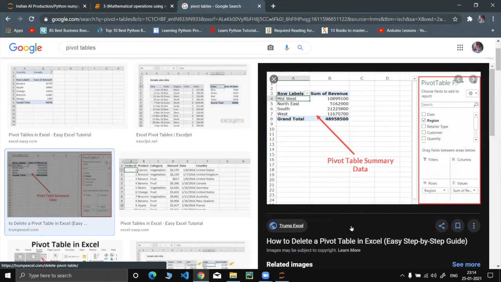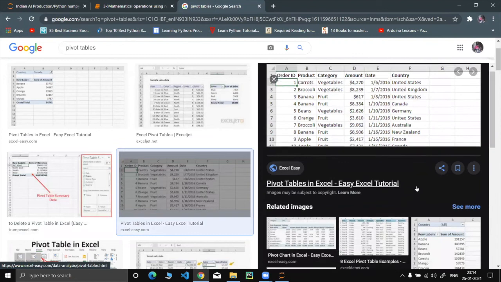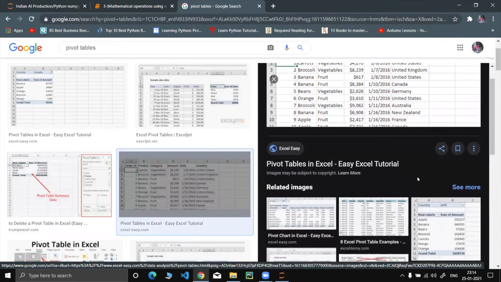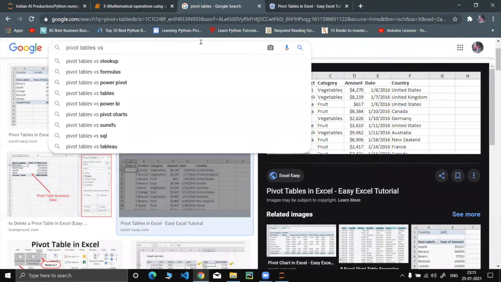Basically, it is a group of columns and rows. You can take 3 by 4, 6 by 7, something like a matrix, but we talk at the data frame level. It is like a spreadsheet. But again, you may ask what is the difference between a normal spreadsheet and a pivot table? In a pivot table you can do some group by and apply functions. What kind of functions? Aggregate functions.